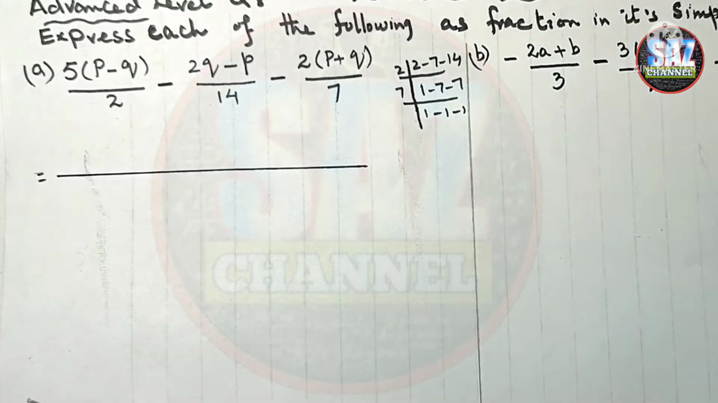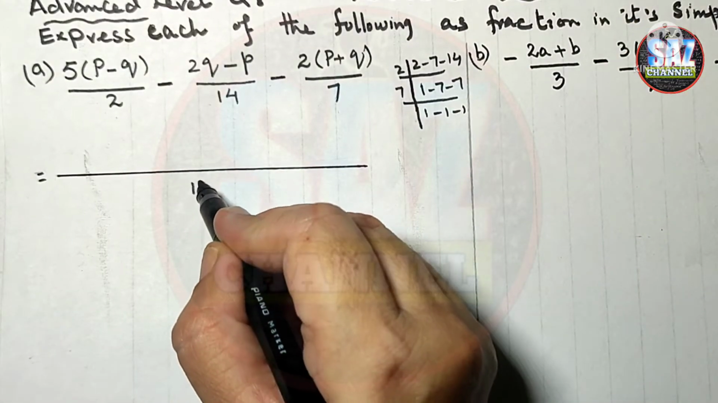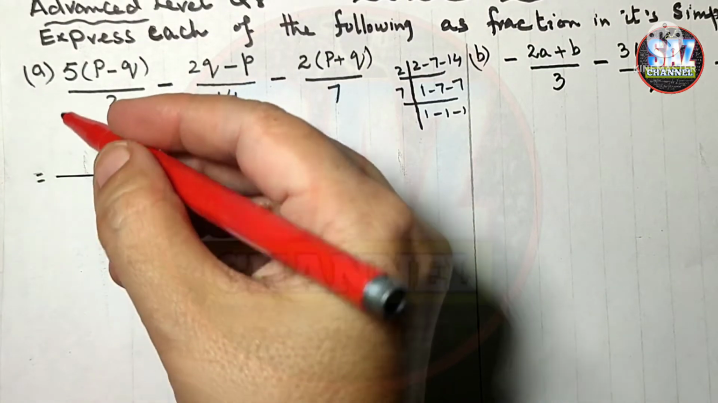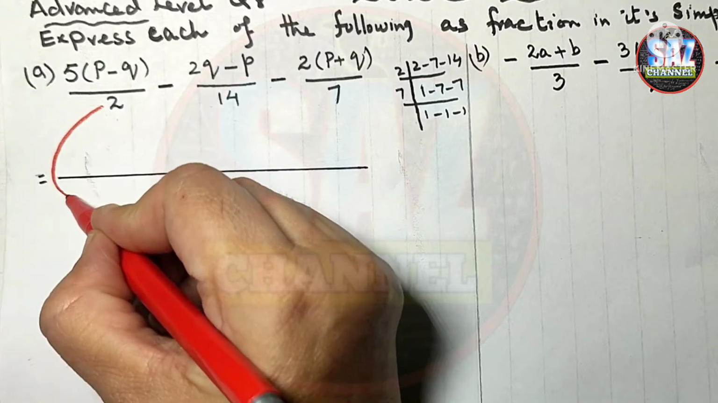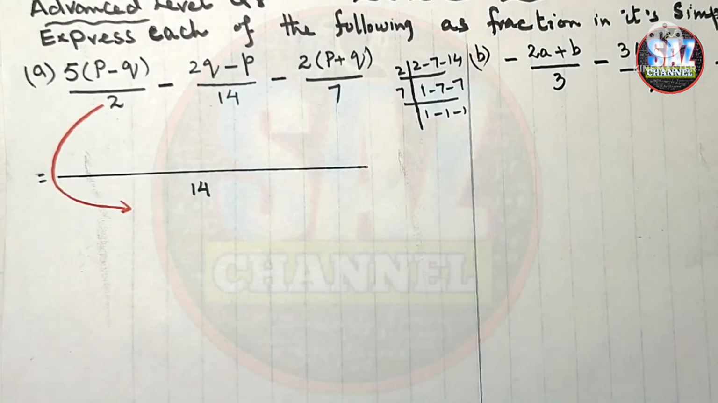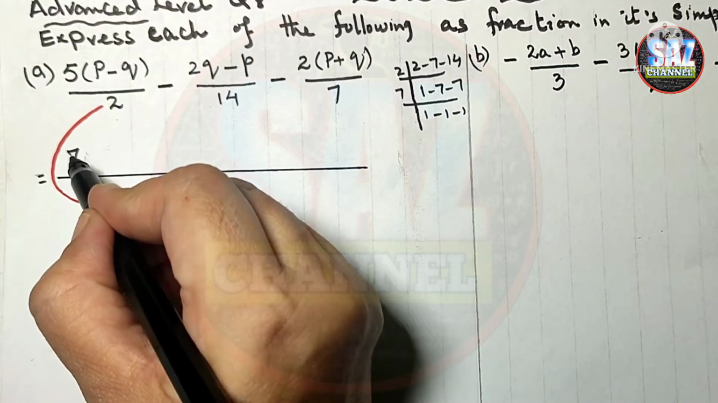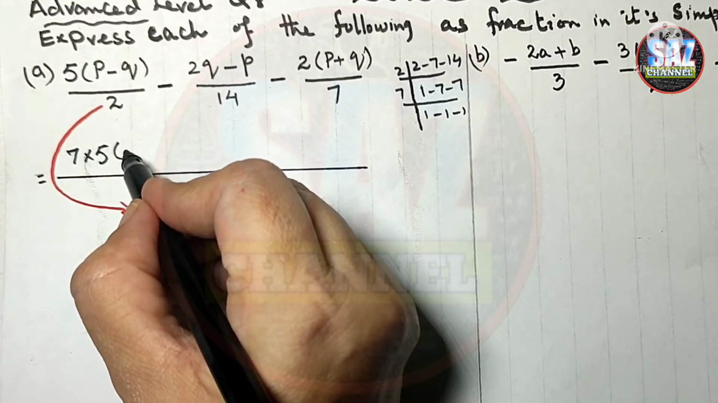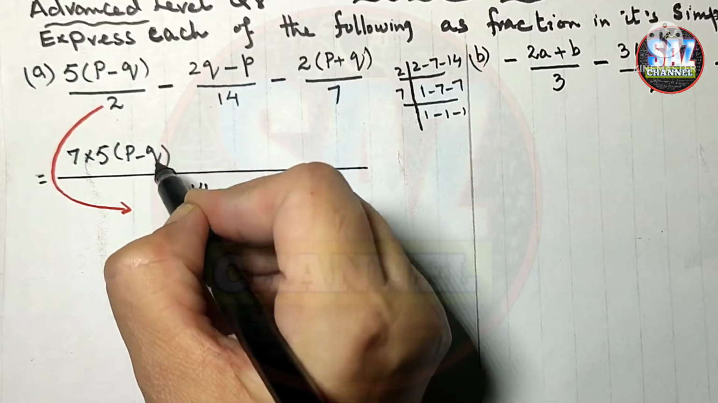And now recall that we have to go back to each fraction one by one and see what the denominator of that fraction is. Here the denominator is 2, but the LCM is 14. So we have to see how many times 2 goes into 14. The first fraction is deficient by 7. So that deficiency has to be multiplied with the numerator, 7 times 5. This 5 was already there in the question, p minus q, and then minus,